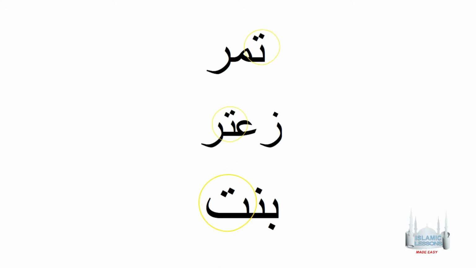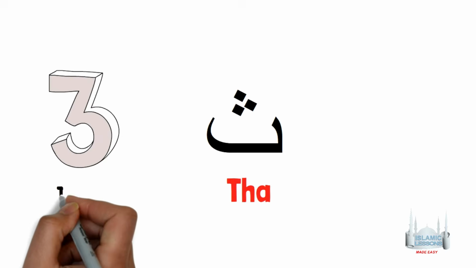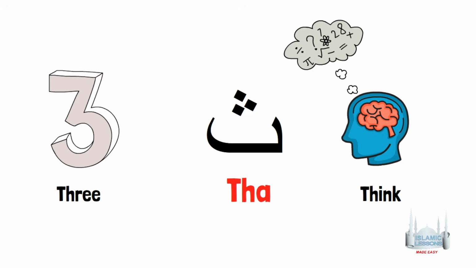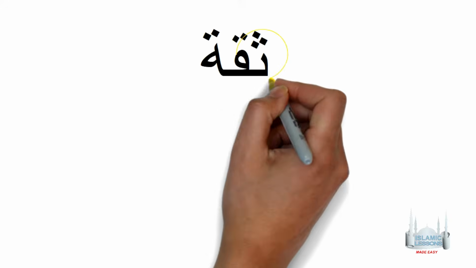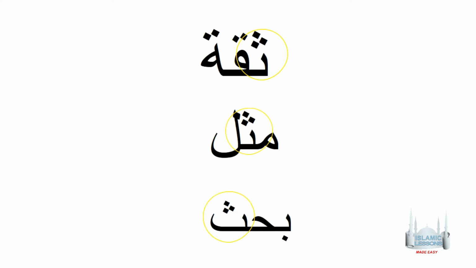of a word. The next letter is called Tha. It has three dots on top and it is a light letter. In English, it is similar to the TH in the word three or the word think or math. This is what Tha looks like in the beginning, like this in the middle, and like this at the end